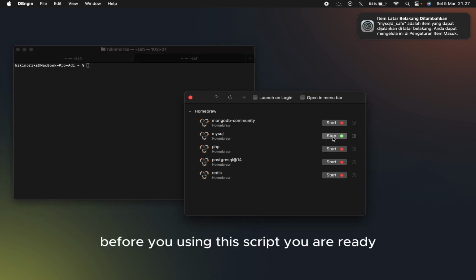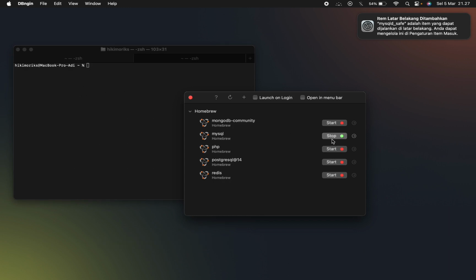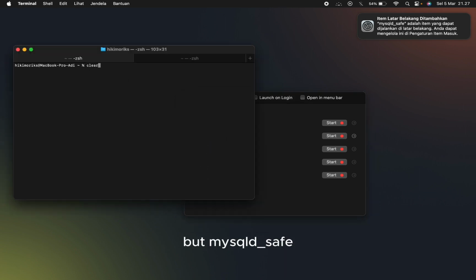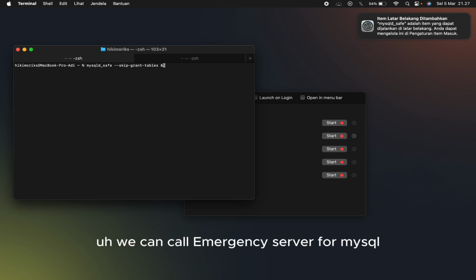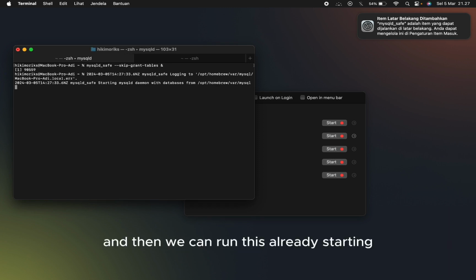Before you use this script, you must already stop the MySQL service, because this is the same service, but mysqld_safe. This is a method we can call the emergency server for MySQL if we forgot the password.